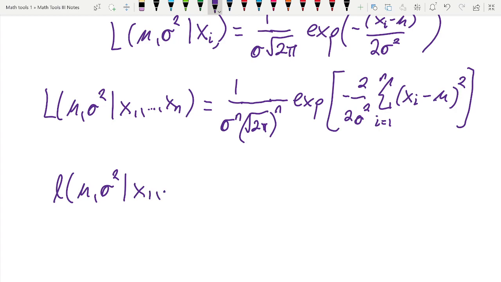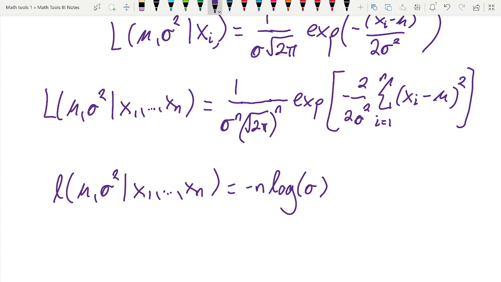So I'll write it like that here. But this is the log of this stuff here. The log lets us break up the product into a sum, and also pull the exponents out front. So this is going to be negative n times the log of